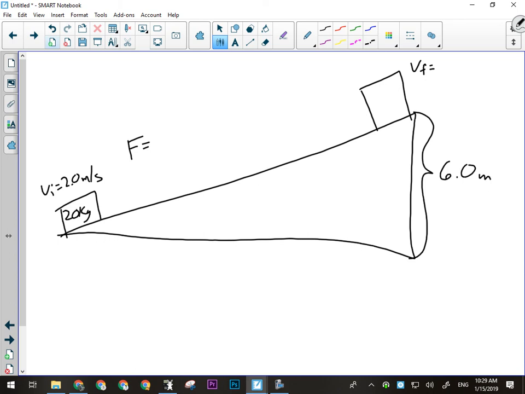Sorry, I'm trying to figure out how exactly I want to do this question. It's just I'm stumping myself here. Okay, so we're going to be solving for force. Okay, we're going to say that the final speed up here is going to be